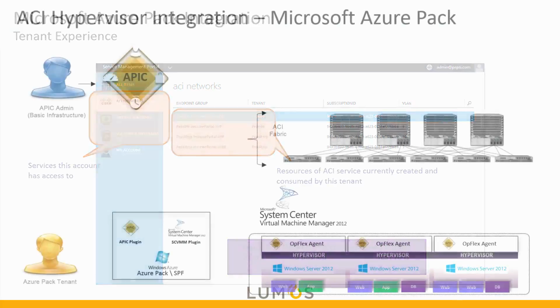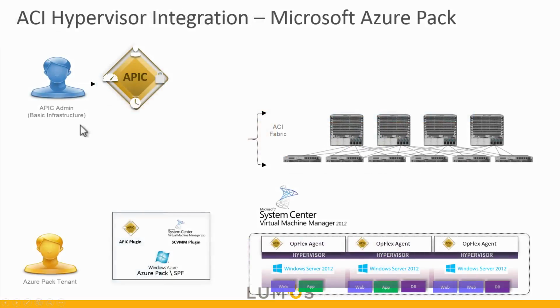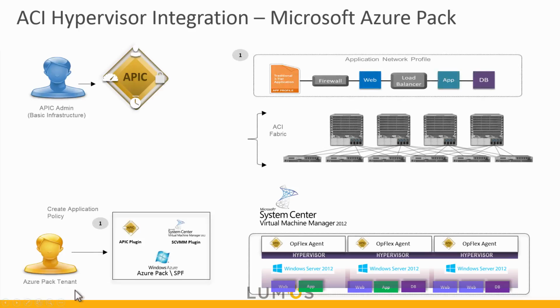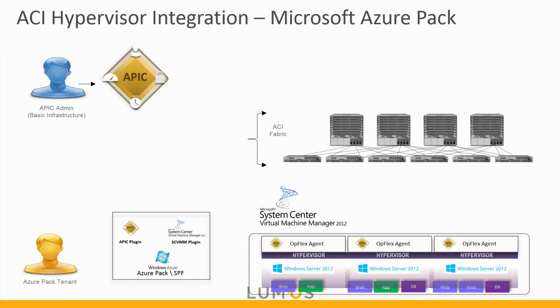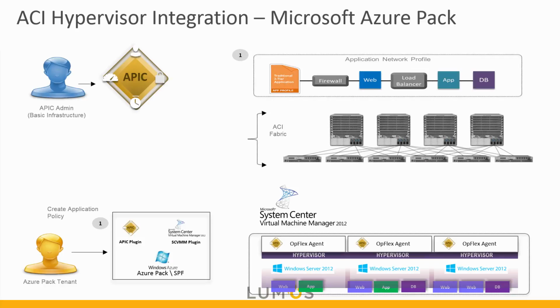So here's a workflow example of this. We have the APIC admin that's already done the basic fabric access policy, and they've done the VMM domain creation once. So that already did the initial handshake. And then past that, the Azure Pack tenant will, as they need to, talk through their tenant portal and create the application policy, which will automatically push that profile through REST,